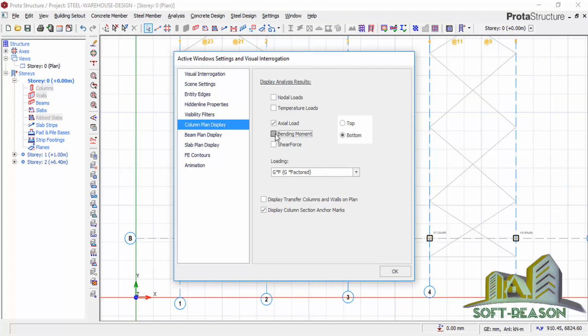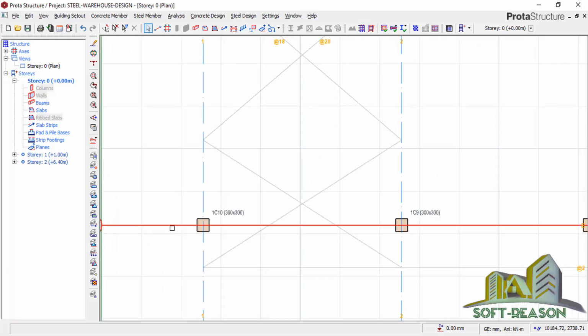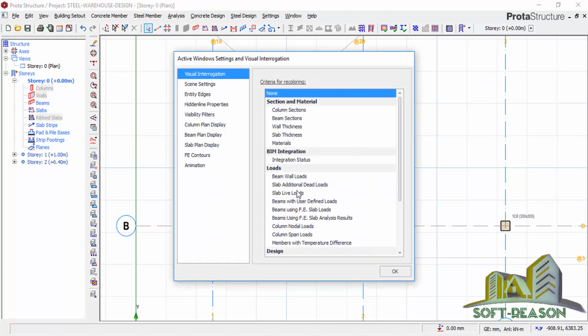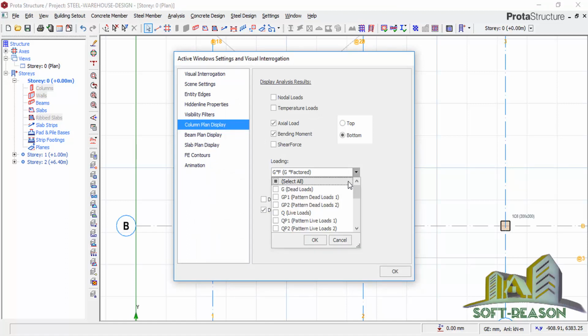If you want to check also bending moment, you check bending moment at that point. Click on OK. Right, so it is not displaying. So we'll go back and then check this. We'll have G plus Q, G plus, let's check this one,